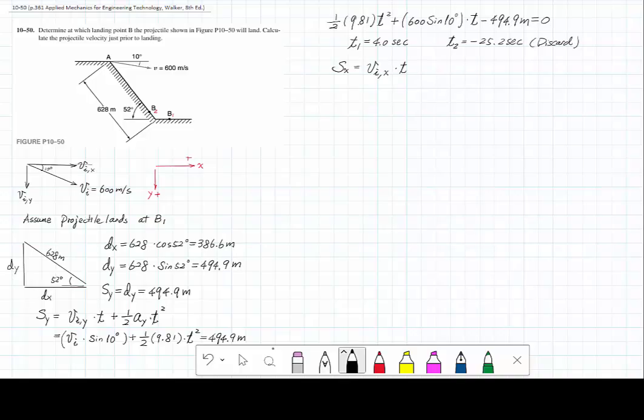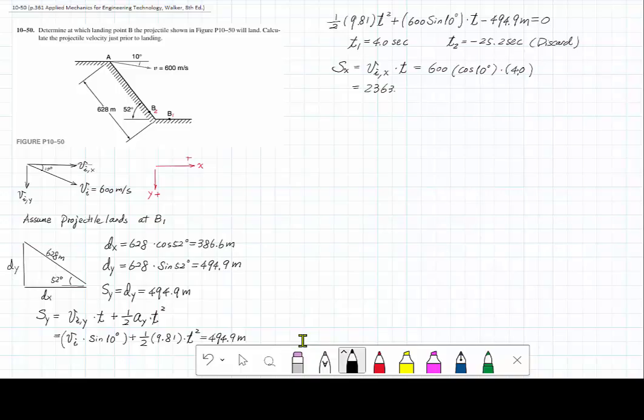Okay, so initial velocity in the x direction is 600 times cos 10 degrees, and then times time, which is 4 seconds. And if you do the calculation, that equals